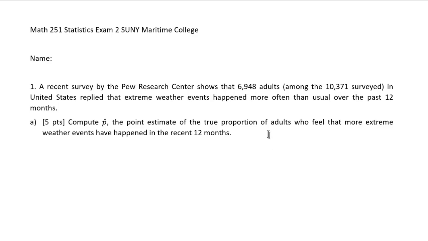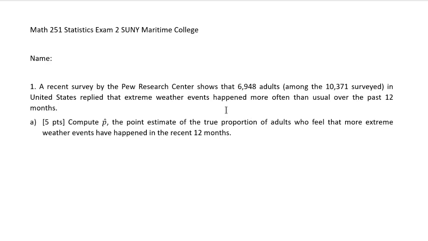And you have to understand that what's at hand is some result from a sample, and what you really want to know is the true proportion of adults thinking that extreme weather is happening more often. Of course, the best way to find the exact result would be to survey every adult living in the United States. However, that's going to be impossible, and also it will cost a lot of money. So